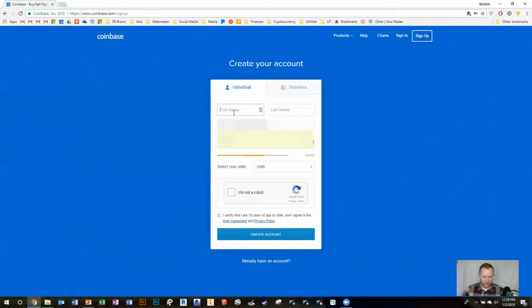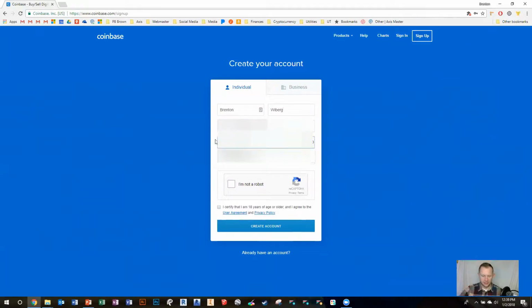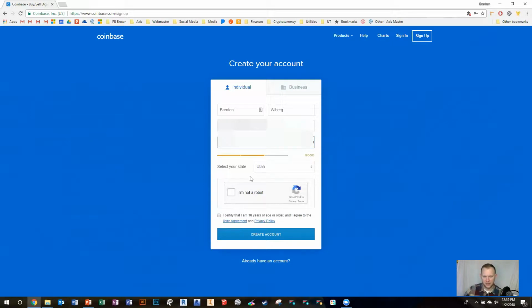And I'm going to put in my first name and my last name. And then you're going to create a password, and do not forget this password. Take a moment to write down your email address and the corresponding password. So I'm going to put in my password. I'm going to select my state. I'm going to click this little box to let them know I'm not a robot, and certify that I am